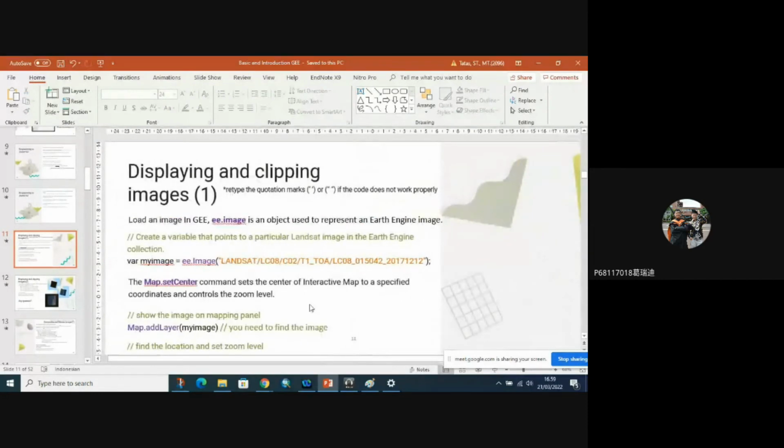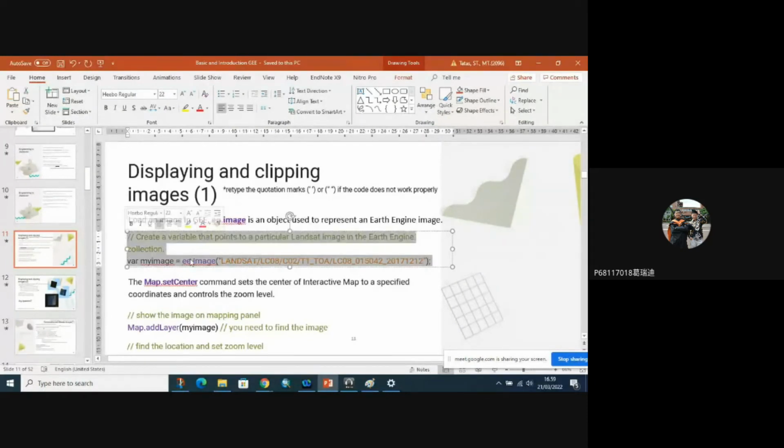The first one, because we want to display and clip an image, we have to load an image from the Google Earth Engine data catalog. So in this case, I will load the Landsat 8 image, TOA reflectance here.